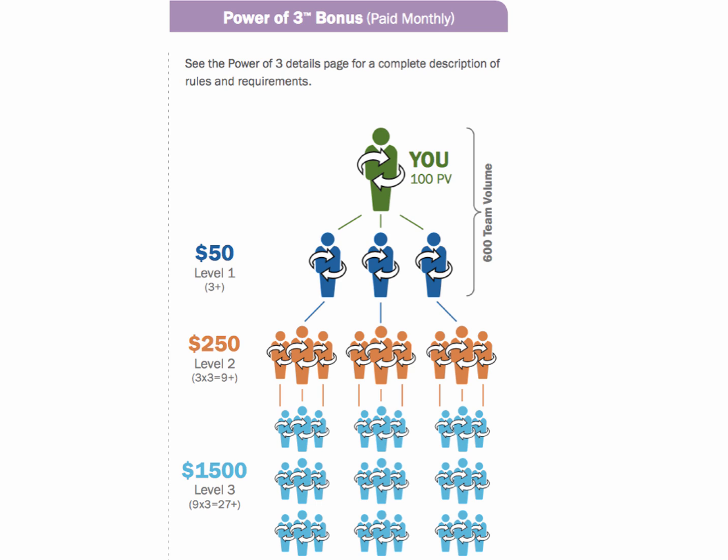But just keep in mind, in order for you to know and understand how to earn the $1,500 bonus, you first need to understand how to earn the $50 bonus. Okay. Now there are 3 requirements for you to earn the $50 bonus. Let's talk about just this $50 bonus right now. There's 3 requirements. The first requirement is that you have 100 PV personal volume order every month, and it has